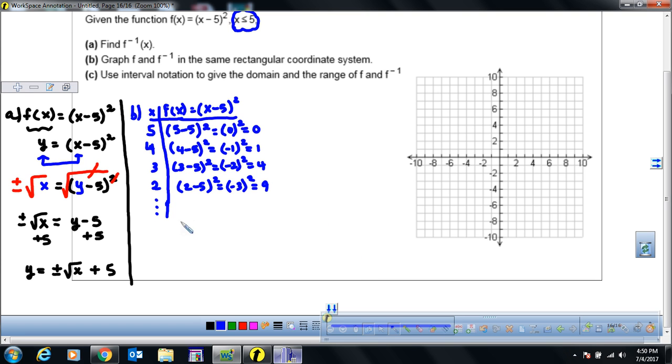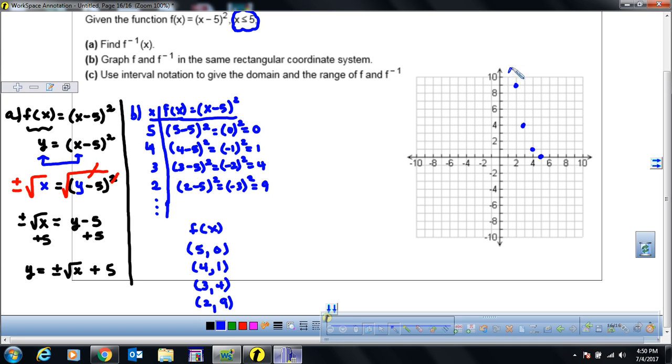And so for the function f of x, some of the example points that we can see would be (5, 0), (4, 1), (3, 4), and (2, 9). So (5, 0) is going to be right here, (4, 1) is here, then (3, 4) is right here, and then (2, 9). So you see that when we graph it, the only piece of the graph that we see here